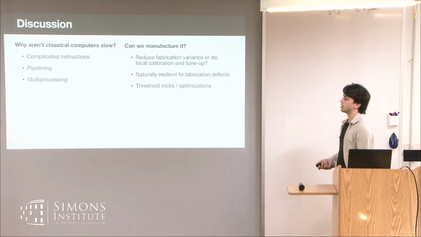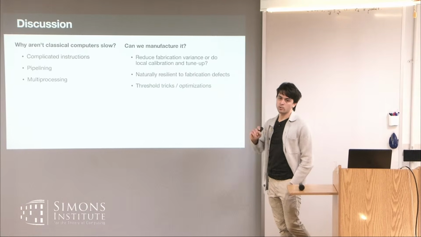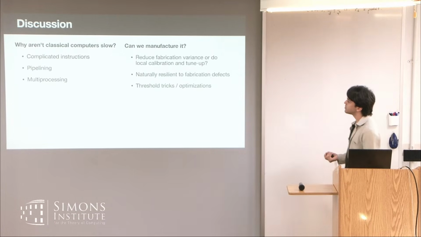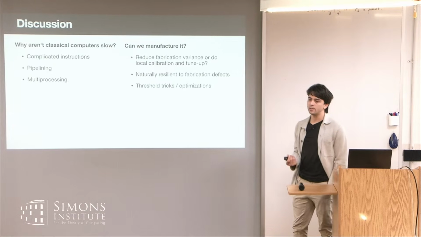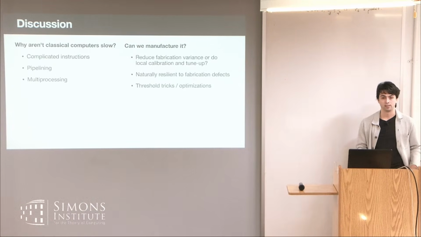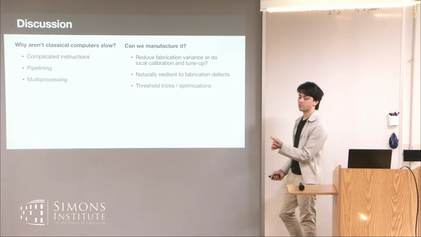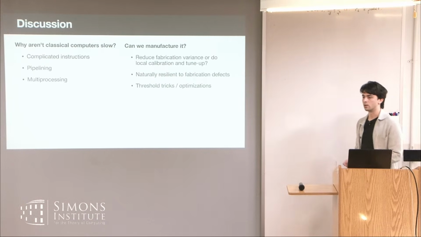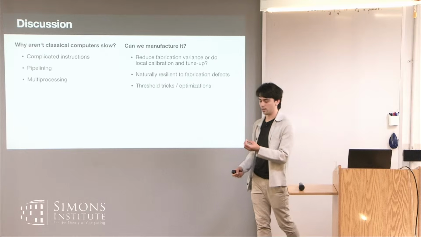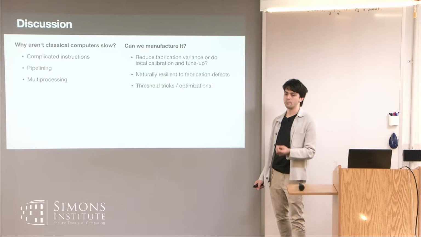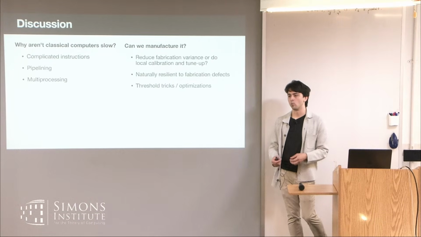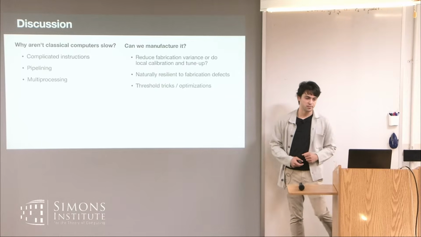There's also this question of whether or not you can manufacture this thing. So there was a part earlier on where I said, assume that your qubits are identical such that you can share control lines. This is actually kind of a big ask, right? We would either need to reduce the manufacturing variance in some way, right? We have some tolerance, fortunately, because we have a fault tolerance scheme, but we would need to either be able to fabricate a qubit that requires very minimal tune-up, or be able to do some serialized tune-up in a way that doesn't require a control line per qubit.